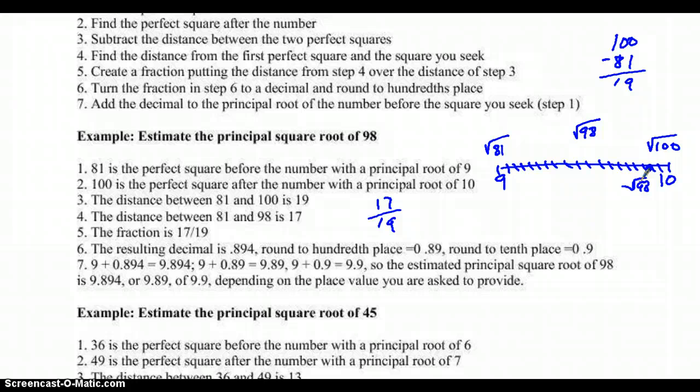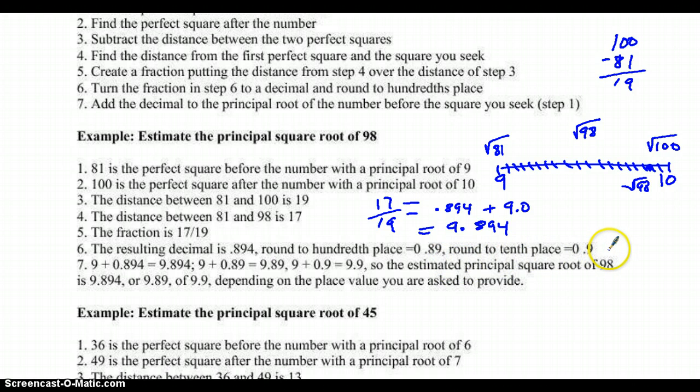Well, if I continue with what I'm saying here, I can also say that since the fraction is 17 over 19, I can divide, and I will get 0.894, and then I want to add that to 9.0, and I'm going to get 9.894. Now it all depends. See, very easy, very easy. It all depends on where the